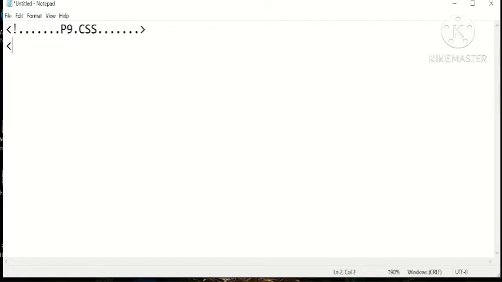CSS is cascading style sheet and it is used to give the styling effect in your HTML program. Here we are giving the color of text that will appear in the H4 heading.